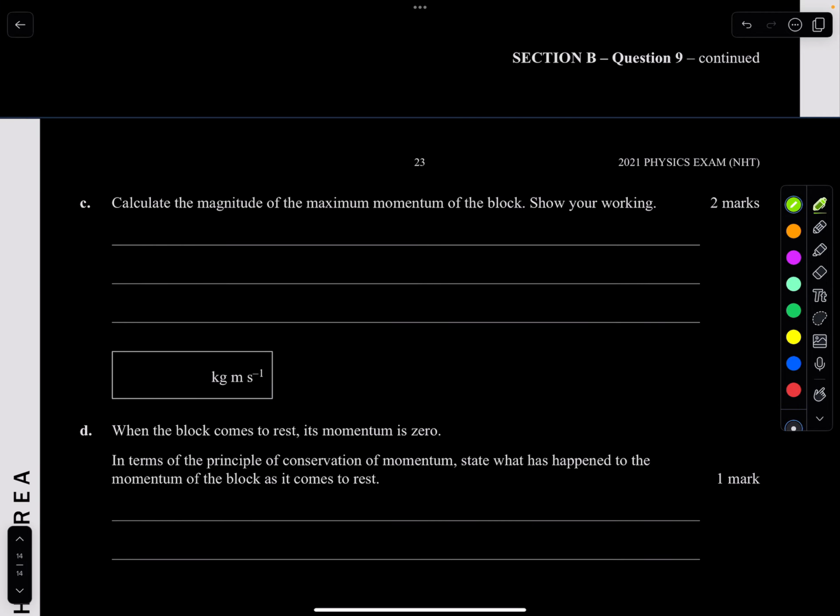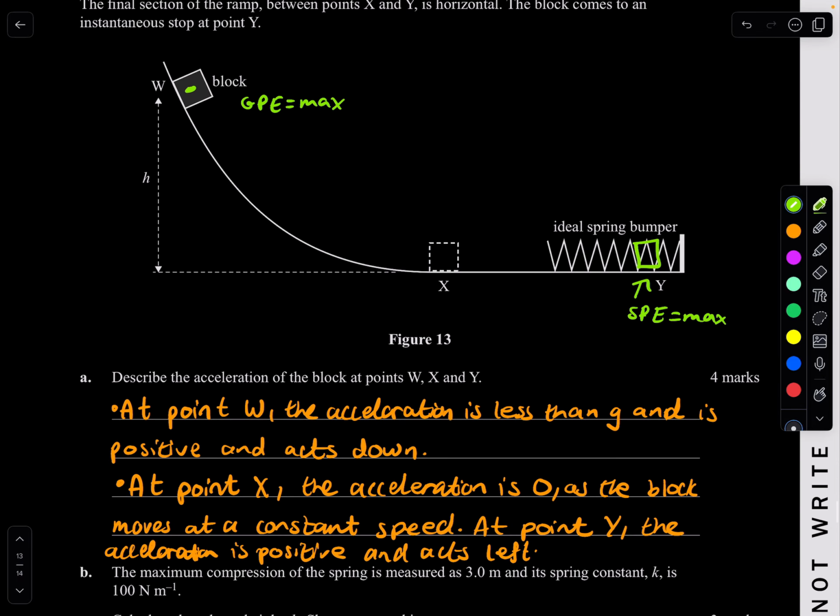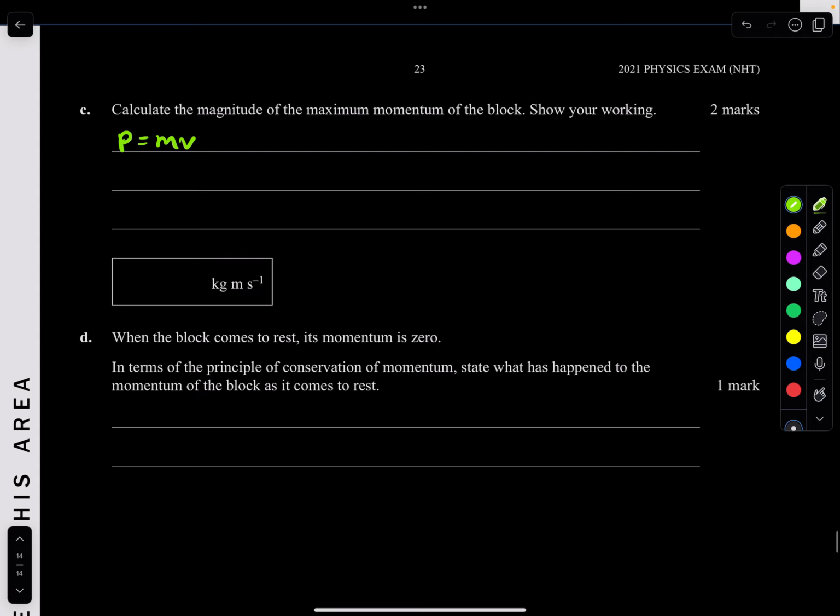Calculate the magnitude of the maximum momentum of the block, show working out. So we know that momentum is equal to mass times velocity. For the maximum momentum, it's the one that has the highest velocity. And we know that the highest velocity is where? It's at x, because remember, at this position it is momentarily at stop. Also at this position, it's momentarily at stop. So at x is where it would have the highest velocity. And so we also need to calculate